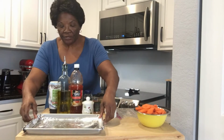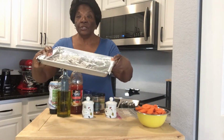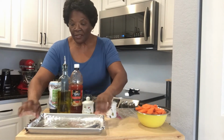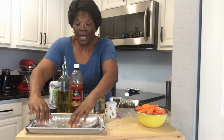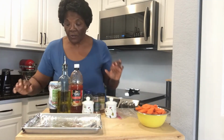Here today for you is a sheet pan, and I've lined the sheet pan with aluminum foil. In the kitchen, I like to work smarter and not harder. Because I'm doing certain ingredients that may cause it to stick to the pan, that means I'm going to have to scrub the pan once I'm done. So I like to line my sheet pan with aluminum foil, and then it'll be easy